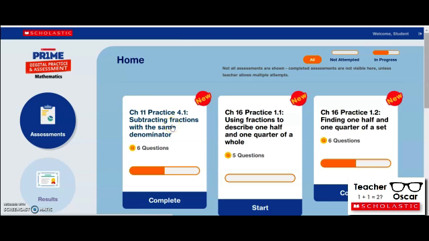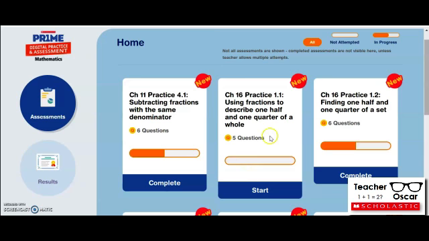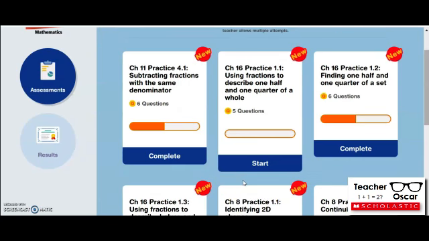So in here, I will find two tabs as a student. Firstly, I have the assessments tab in which I will see the practices and the assessments that I have to take according to my teacher's assignment. So in here, I have the possibility to complete or start the new assessments or practices which my teacher has